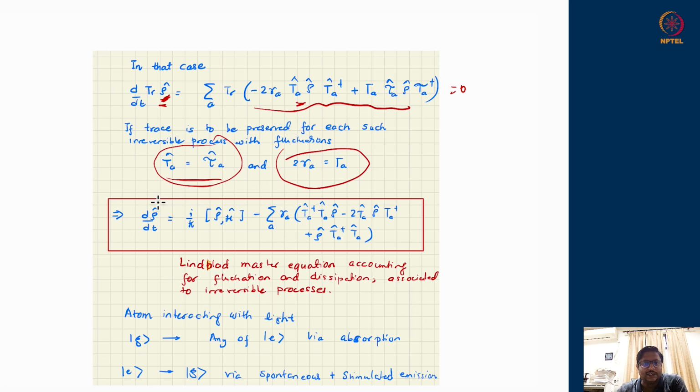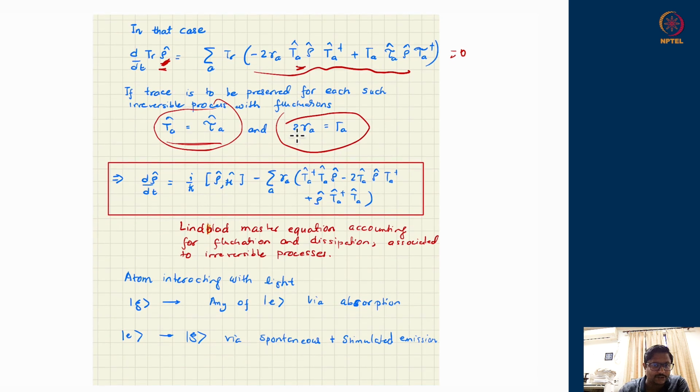So you see, if an open quantum system is decaying, the decay operator or dissipation operator is also the fluctuation operator. So this is the fluctuation-dissipation condition on the time evolution of the density matrix. And overall, the 2 pieces can be written like this. This is the unitary time evolution happening with the intrinsic Hamiltonian of the atom, and all other dissipative and stochastic processes put together generate this kind of non-unitary change in the density matrix. So this equation is called the Lindblad master equation.